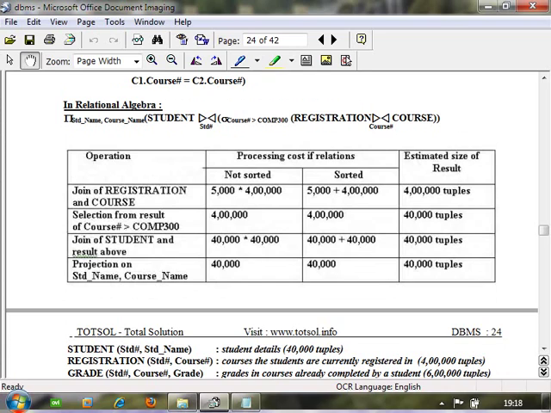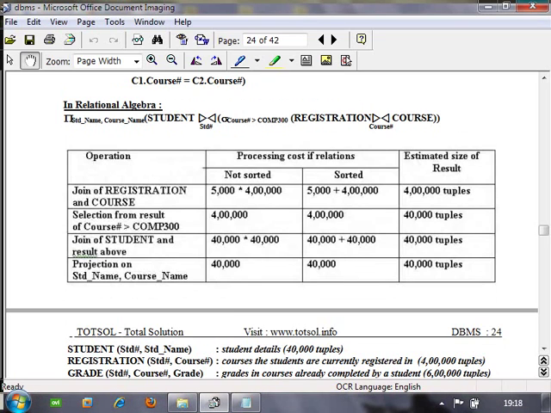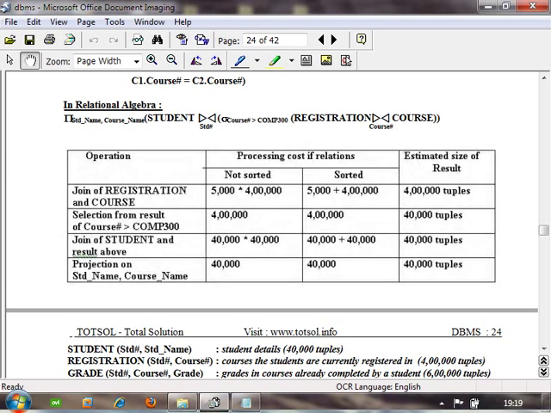So now when you are doing the selection operation on course number greater than com 300, then from 4 lakhs, how many tuples you are going to select? 40,000 as our assumption. So now when you are doing the natural join and theta join between the student and the resultant table on the student ID, then also you are sticking with 40,000 number of tuples. Actually here you are attaching student details, so the number of attributes is getting increased, but not the number of tuples